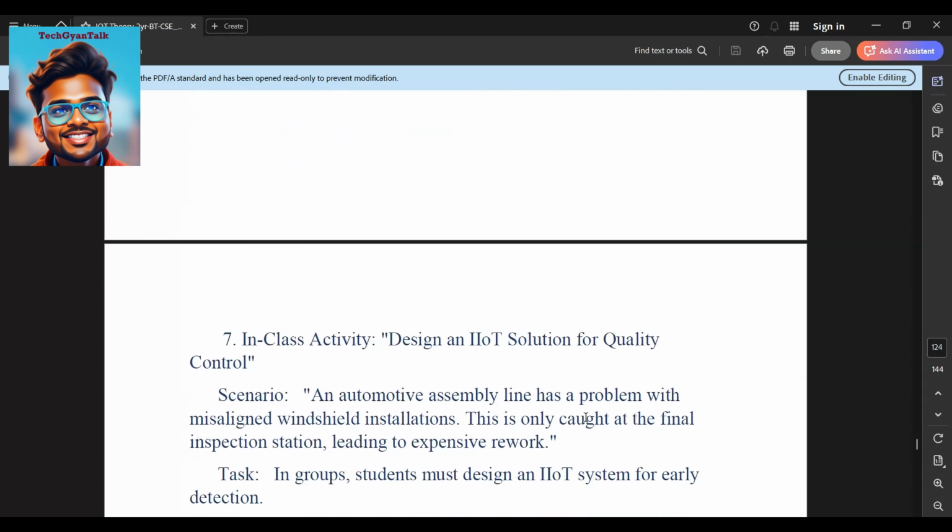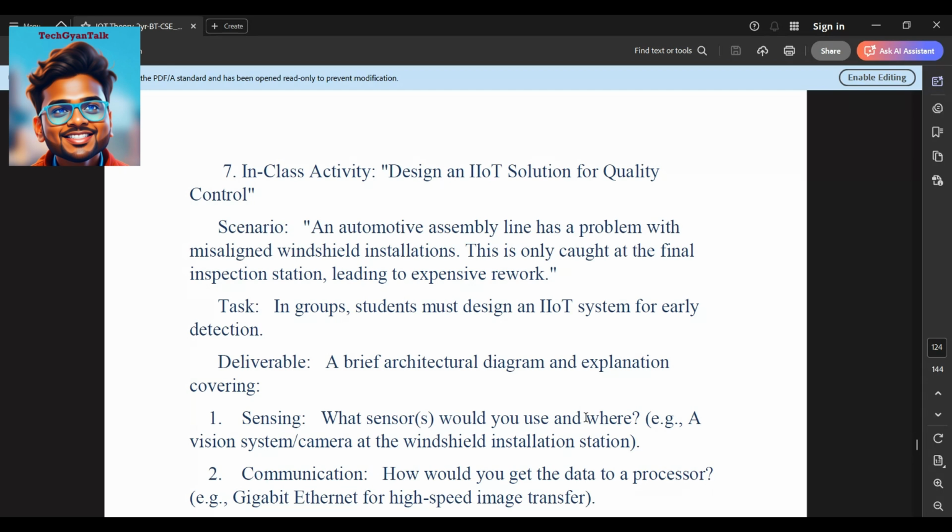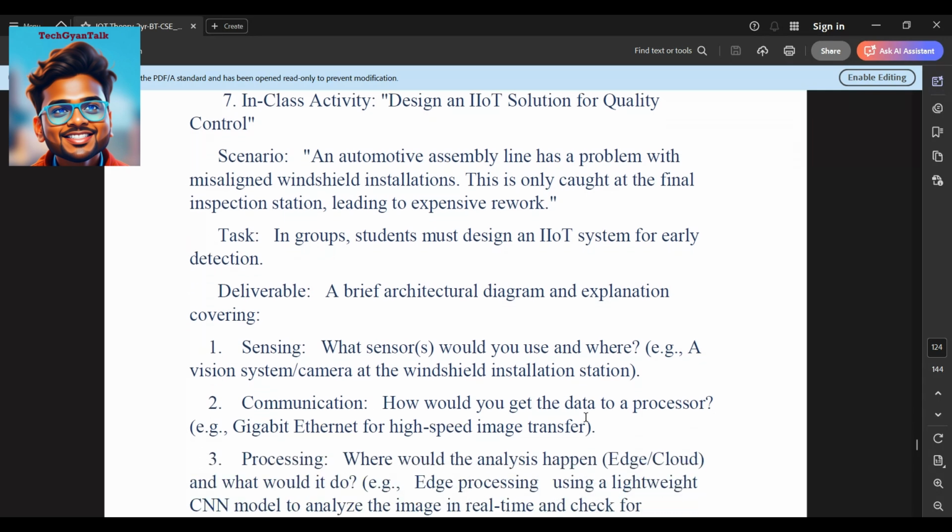So, in class activities, you can do things like designing an IIoT solution for quality control. Scenario: an automotive assembly line has a problem with misaligned windshield installations. This is only caught at the final inspection station, leading to expensive rework. The task, in groups: students must design an IIoT system for early detection. Deliverable: a brief